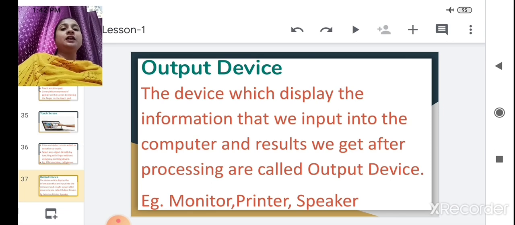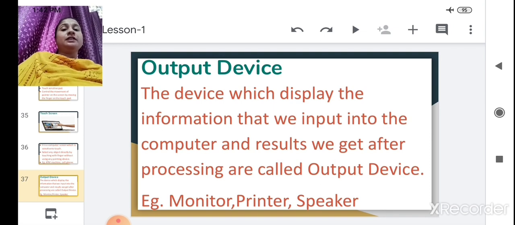Then we have seen about output devices. There is the monitor, the printer, and the speaker. These are the output devices. Whatever input is given to the computer, after the CPU processes that input and shows the result, that is called output.